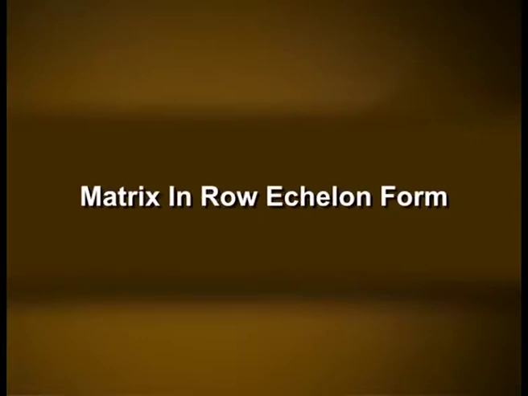Matrix in row echelon form. A matrix is said to be in row echelon form if each non-zero row with at least one non-zero element has more leading zeros than the previous row. The precise definition follows. Definition. A matrix is in row echelon form if all non-zero rows with at least one non-zero element are above all zero rows, in which every element is 0.